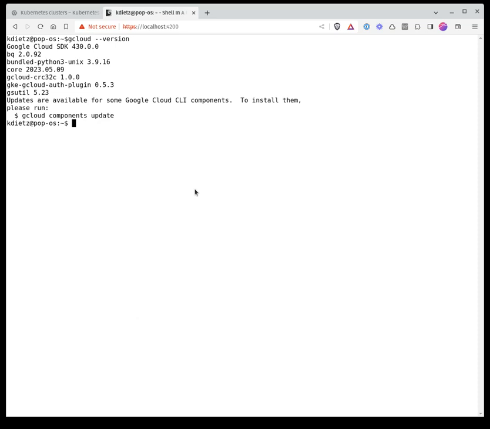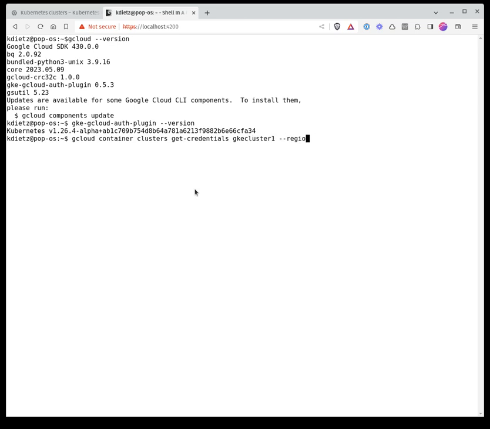So now I can prove that I have it by doing gcloud version. If you have it installed, you should get that. All right, and now it's really a simple matter of getting a local authenticating against that with gcloud. So we do gcloud container clusters get-credentials, and then we give the cluster name, which was gke-cluster-1,